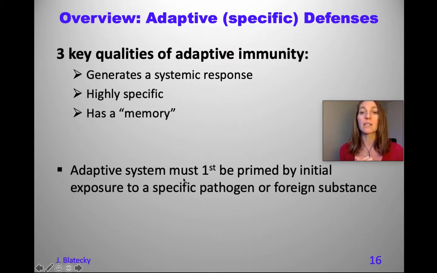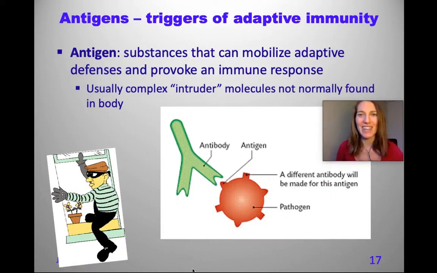So the adaptive system must first be primed. And what that means is simply that it has to initially be exposed to some sort of a pathogen, to some sort of foreign substance, before it can figure out what it needs to do, okay? And that is not something we saw with those built-in innate defenses that were there all the time, ready to go. So what are these things that are going to trigger adaptive immunity? Again, antigens,